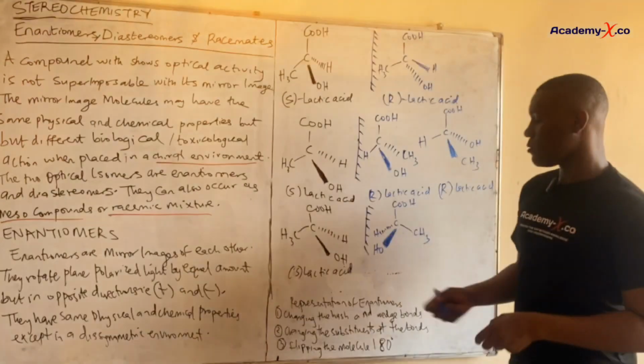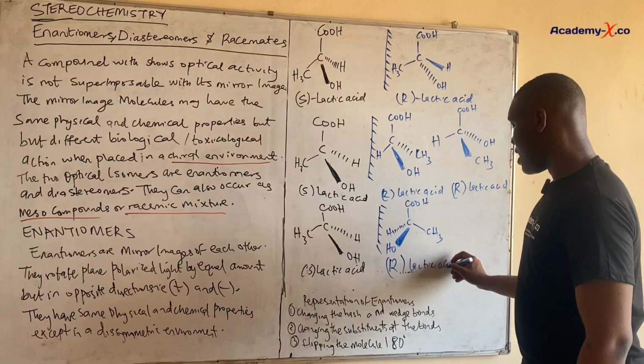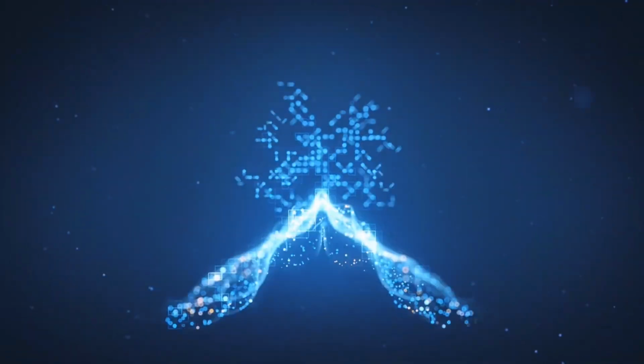Now, if I flip this molecule, I'm going to get the enantiomer. So this is lactic acid. So these are ways of representing enantiomers. So let's